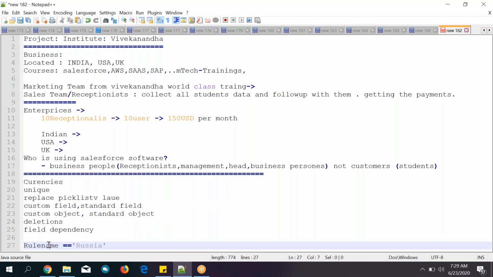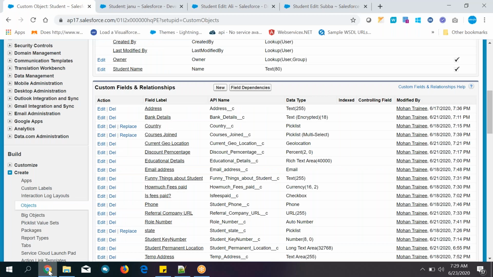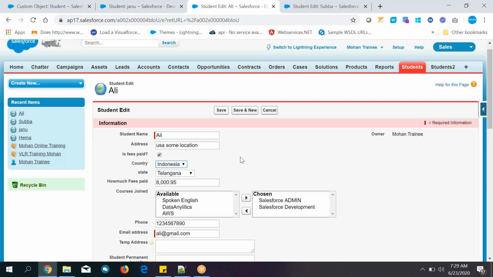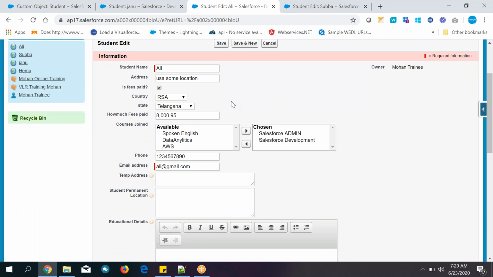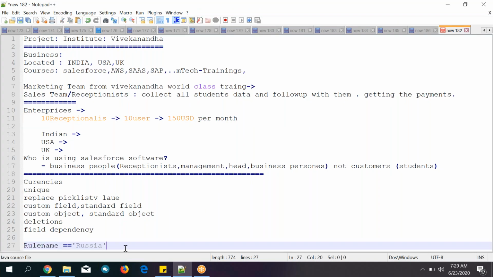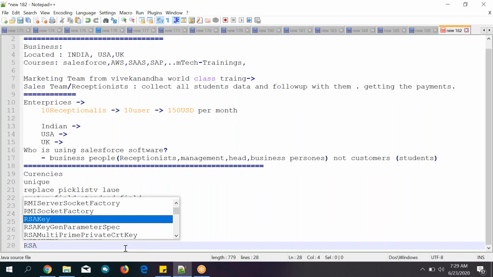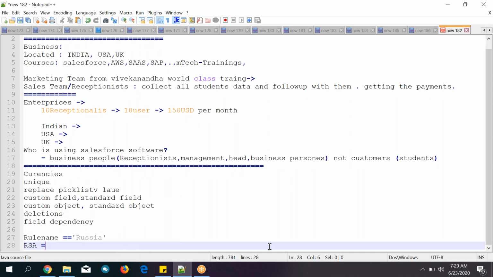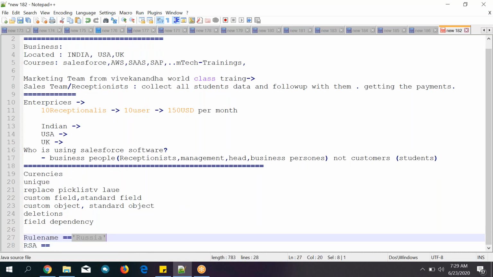This value is taken from the pick list value. Suppose RSA is there, this is RSA. RSA is equal to, manually you have given Russia, you need to change these values. We need to change it manually again.